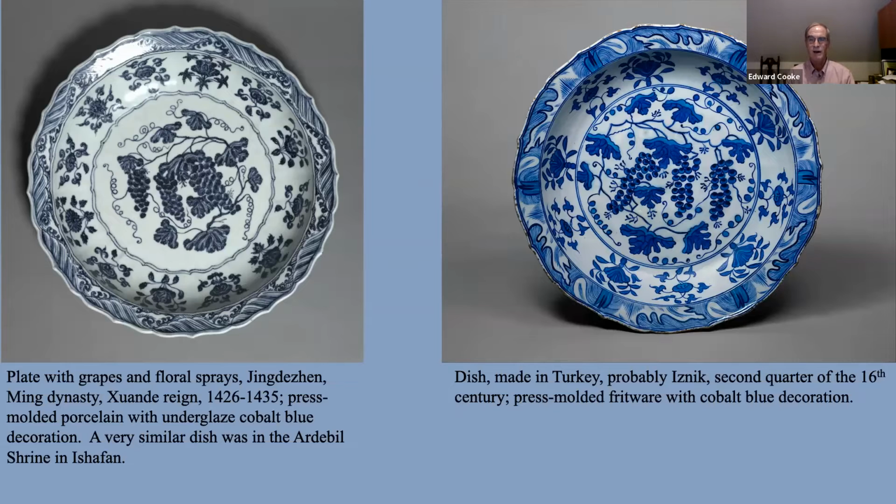this kind of conversation. And in fact, all the great collections of porcelain and the collections of fritware are intermingled. So the Ardabil shrine in Isfahan has both. Topkapi Palace in Istanbul has both, and has this kind of ways in which the world of blue and white is very much a conversation between these 2 different empires.